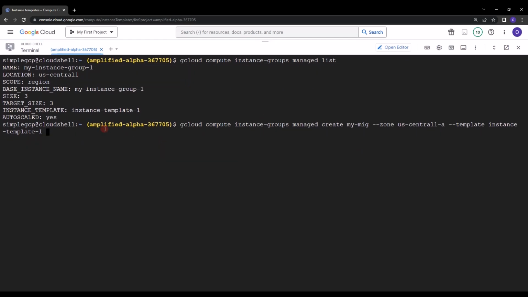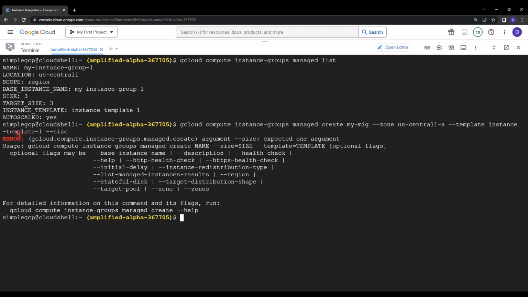We can also specify the size by writing size. If we press enter, it should create the new managed instance group with the name my MIG. As you can see, it's giving an error. It's saying gcloud.compute.instance-groups.managed.create argument size expected 1 argument. Actually, I forgot to give the size, so we need to give the size, for example, 1. And if we press enter,